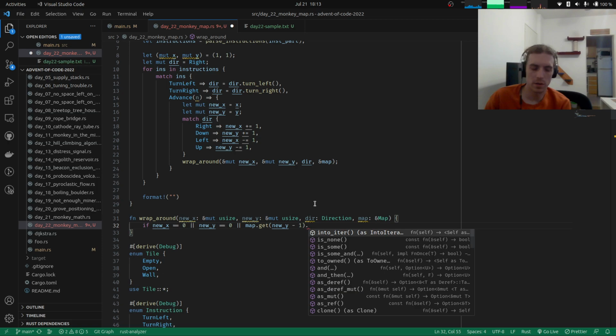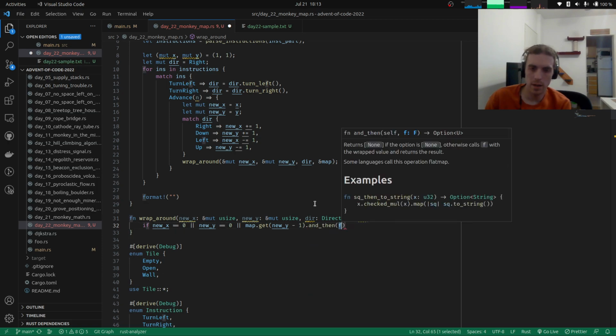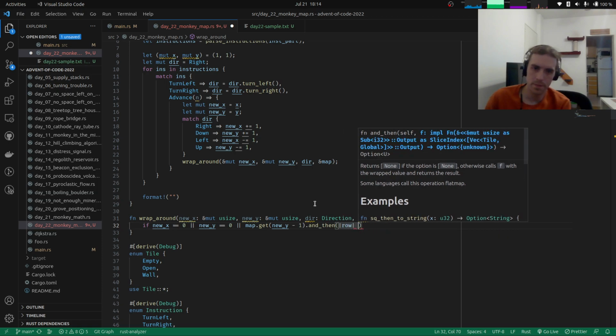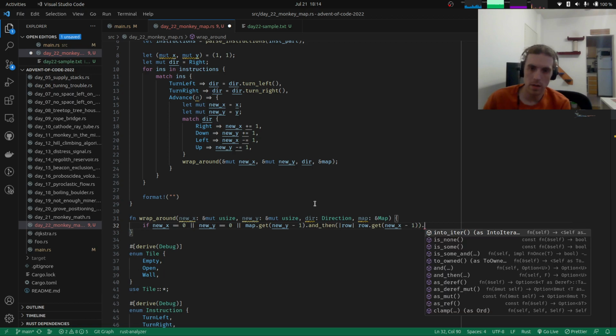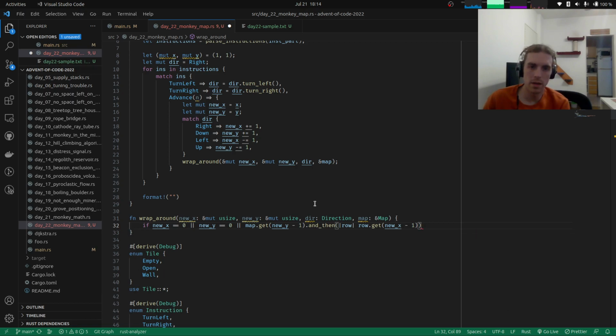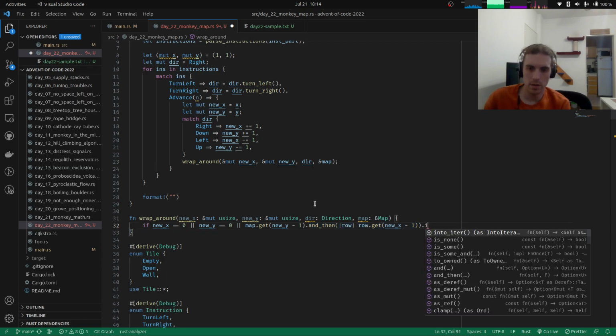This is an optional, so we can say, and then row get new x. These variable names are not very good. Minus 1. This whole thing, I want to check if it is empty. So